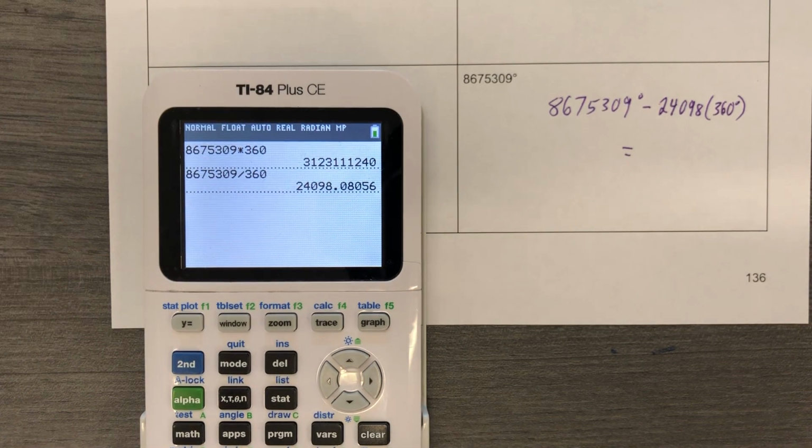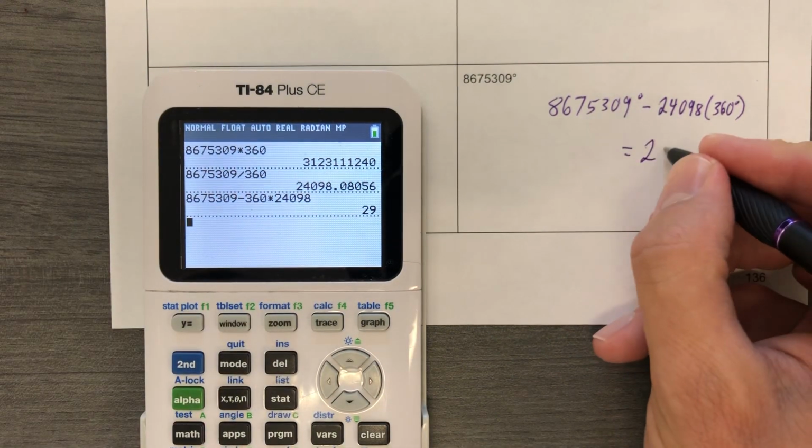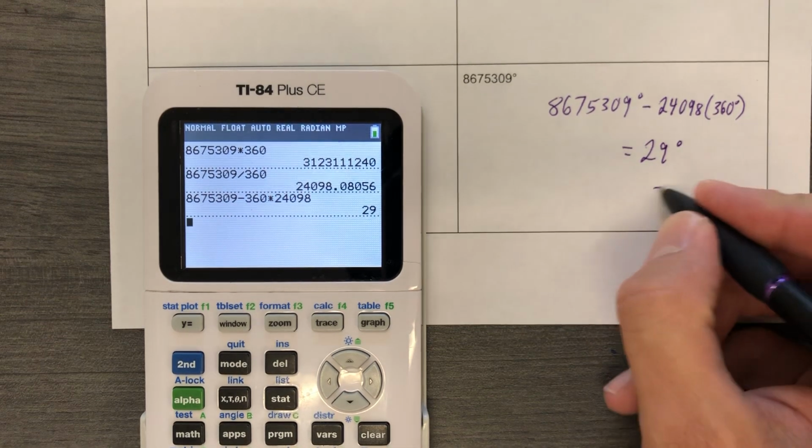So I know that I need to do 8675309 minus 360 times 24098, and I'm about to get an angle, and that angle is 29. I have a 29 degree angle, which is in quadrant